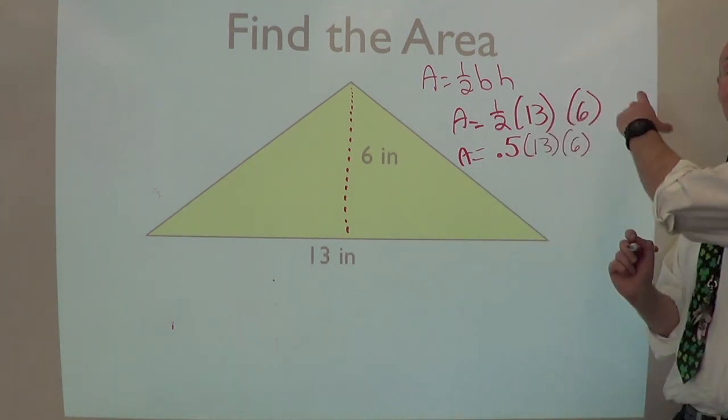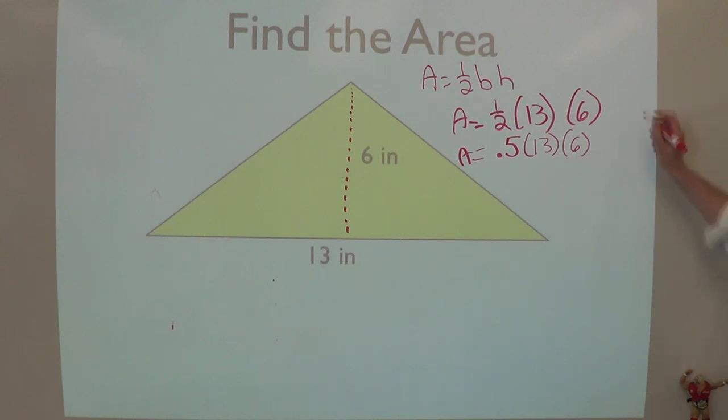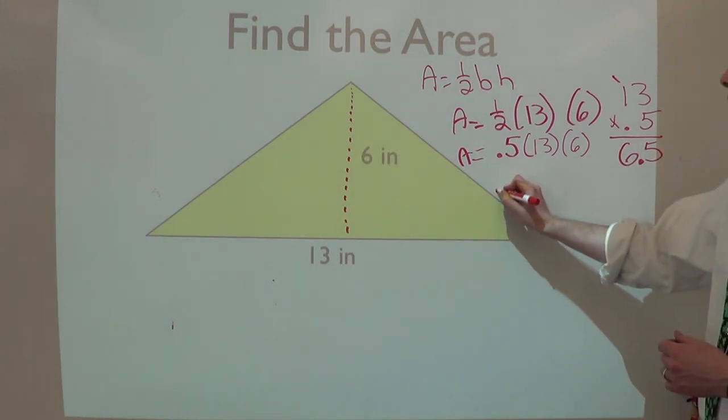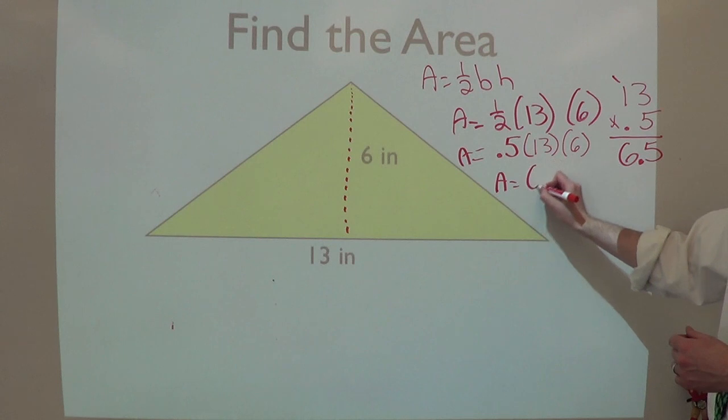Over to the side, I'm going to do my multiplication. 13 times .5. 5 times 3 is 15. Carry the 1. 5 times 1 is 5, plus 1 is 6. And I have one decimal place there, so I'm going to move it over. Perfect. So I have area equals 6.5